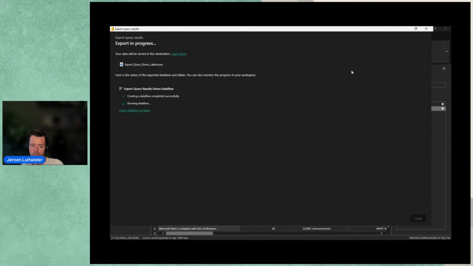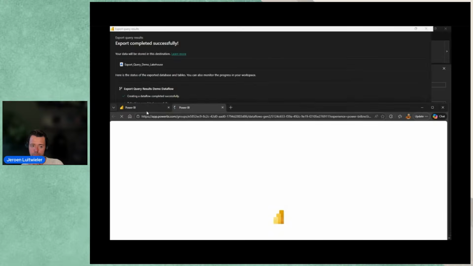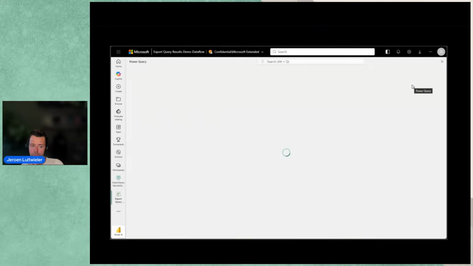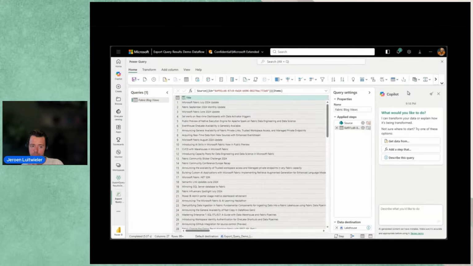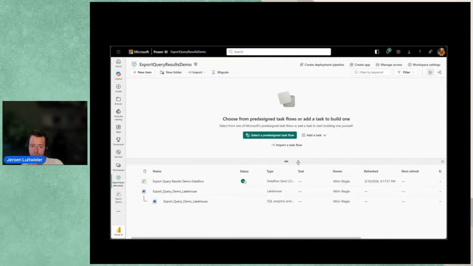This might take a while depending on the size of the query, but I've sped up the process here for the demo. Any errors we might get will show up here, and you can click through to the dataflow to debug them. It looks like we finished successfully. I'm going to check my dataflow in Fabric in case I want to modify it. I can click on the link and see the output of my query is in there. Export Query Results allows me to save my queries for further analysis without